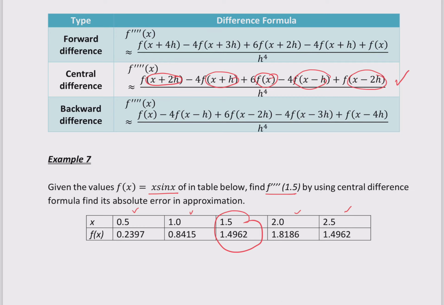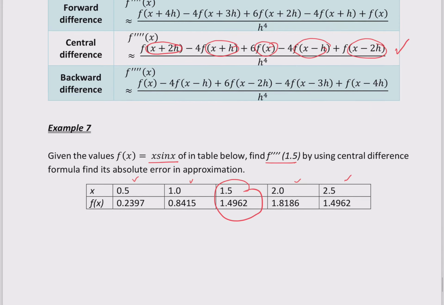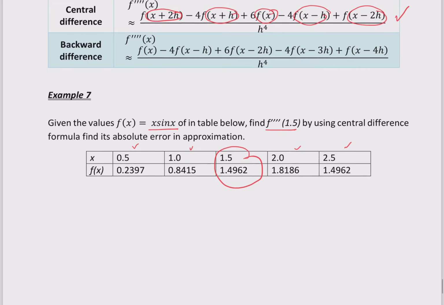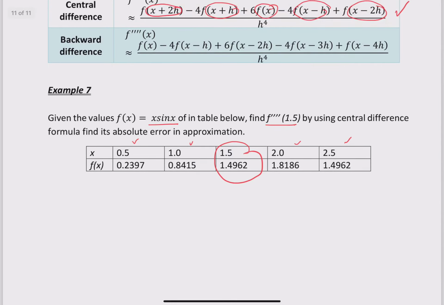For the fourth derivative, I don't need to do it, because it's the same step. When you calculate the fourth order, the answer is f fourth at x equal to 1.5, you will get 1.1632,